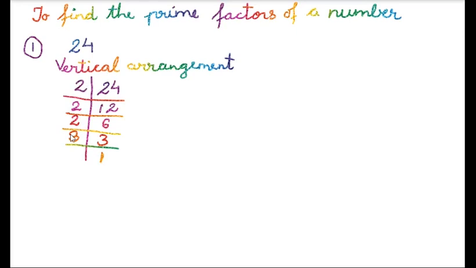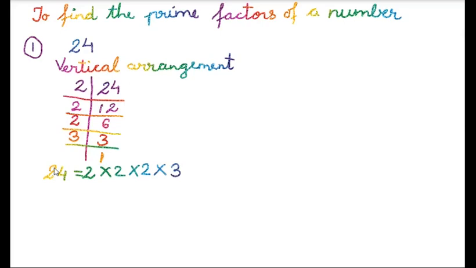So what will be the prime factors of 24? See here, you have to write it using the product sign because you have learned what Euclid said. He said that a composite number is written as a product of prime numbers. We can write it as a product of prime numbers. So what are the prime numbers? 2. Again 2, no? So multiplied by 2. Again you have 2. So you'll write multiplied by 2. And lastly you are having 3. So you'll write multiplied by 3.